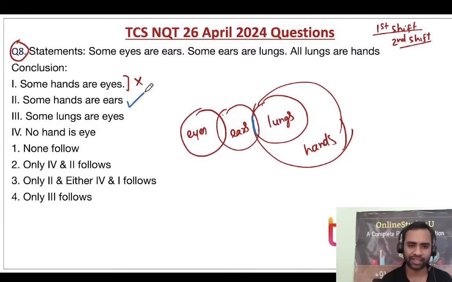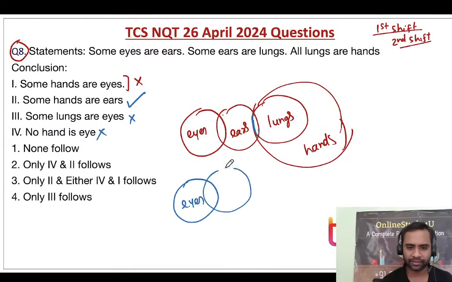Yes, it is touching each other. Some lungs are eyes? Lungs and eyes are not touching, so we can't say whether lungs are eyes or not. And no hand is eye? Again, we can't conclude between them, right? Because somebody can draw a diagram like this: eyes, and here we have ears.